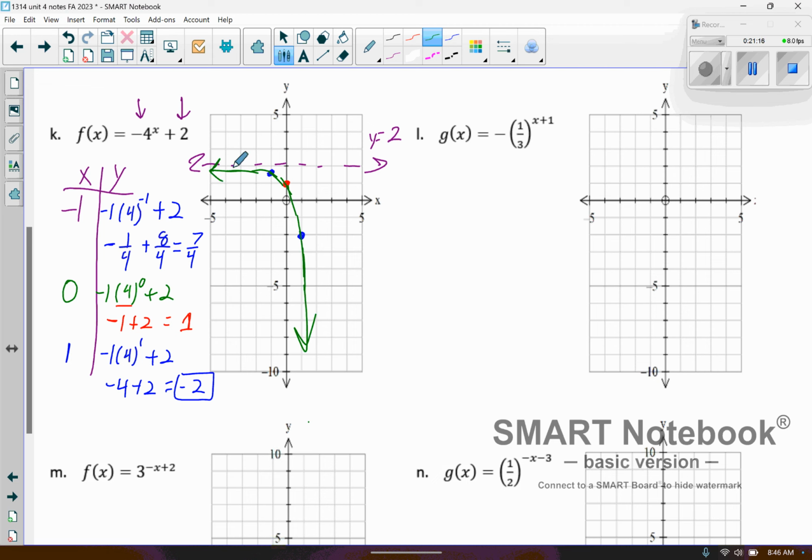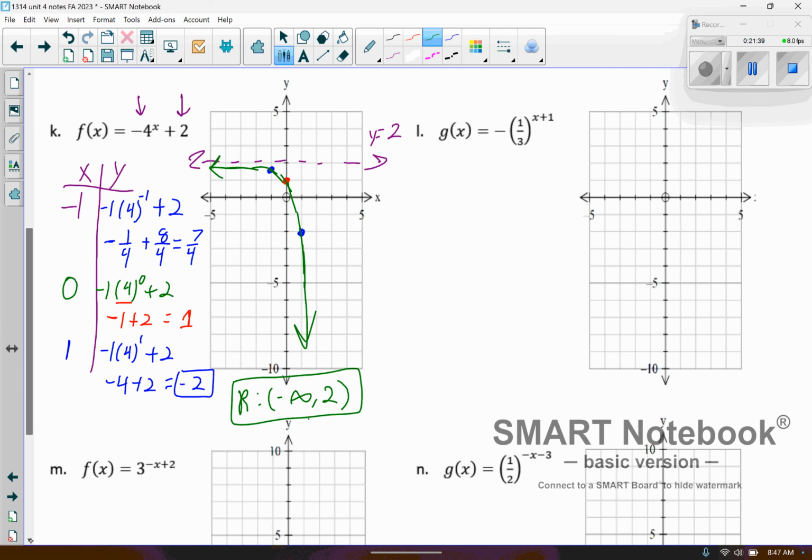And then my range this time, when I look at this, my range goes from the bottom, so negative infinity, up to positive 2. There we go. Okay,